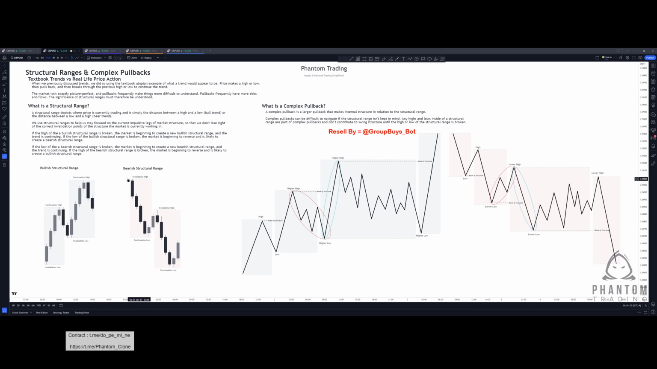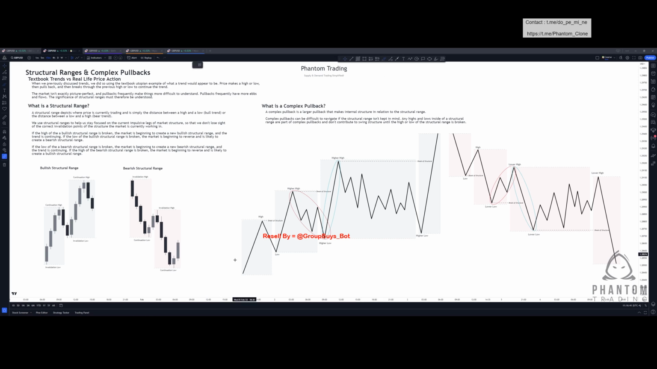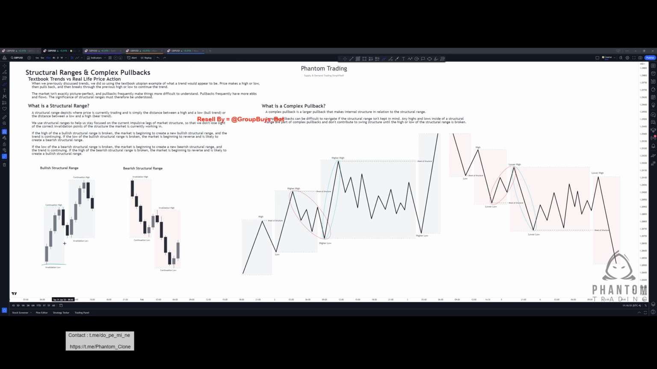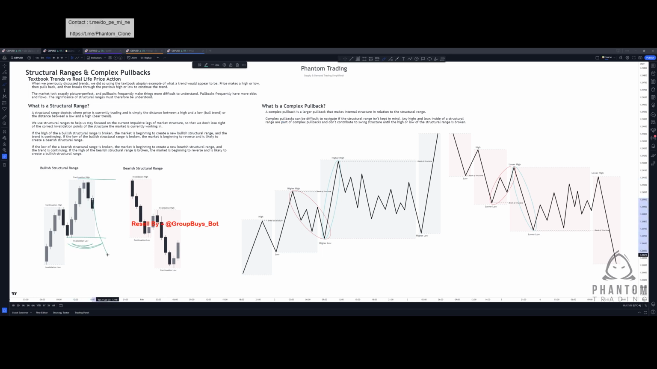If the high of a bearish structural range is broken, the market is beginning to reverse and is likely to create a bullish structural range. And as I said, the structural ranges are depicted as the low and the high of a bullish structural range. More specifically, when we're trading within this low and this high, the invalidation low would be our key point that if price breaks to the downside, breaks and closes below,